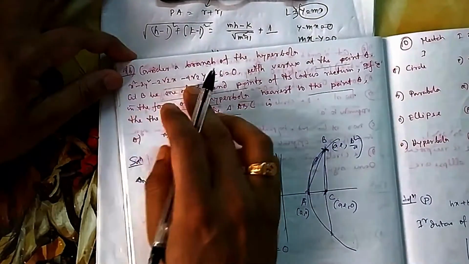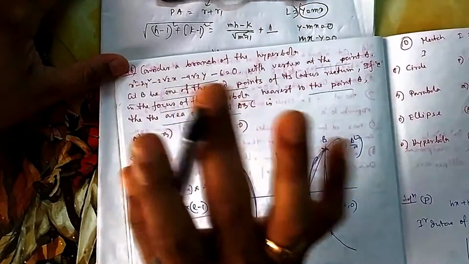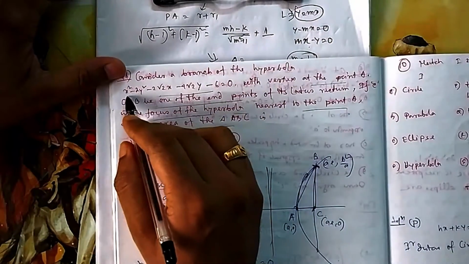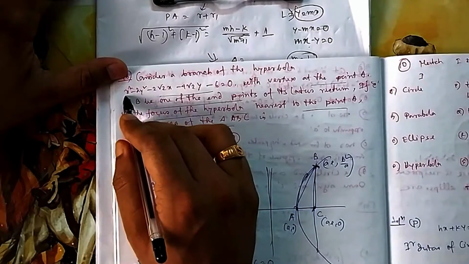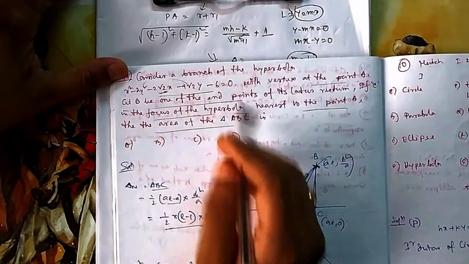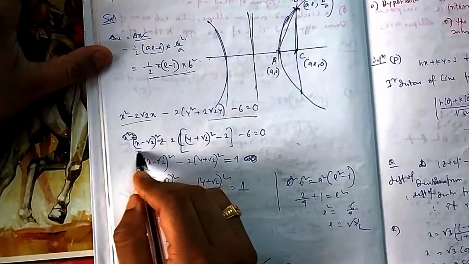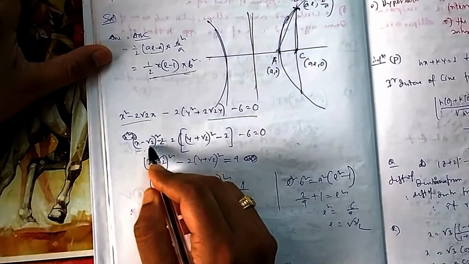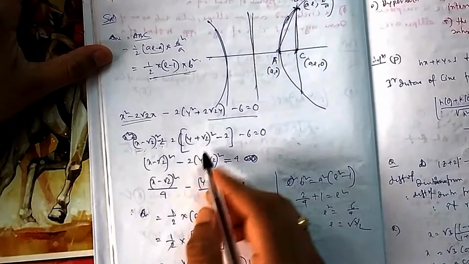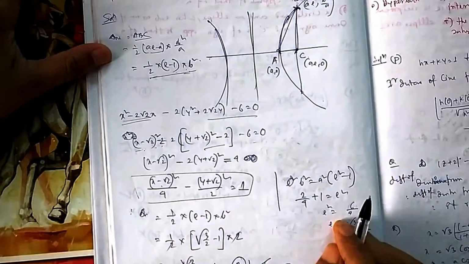How you have to make it? You have to convert it into proper, you have to factorize it, make it square, because it is not a second degree general equation. It is simple x and y. So you can make x square, this is a square minus 2ab plus b square. This is also a square and 2ab plus b square. So you can make them perfect square like this way. You can make it x minus root 2 whole square, so minus 2, so the 2 get cancelled, you find this one. Here also you can make it. So ultimately you will find out this type of equation if you complete the square.